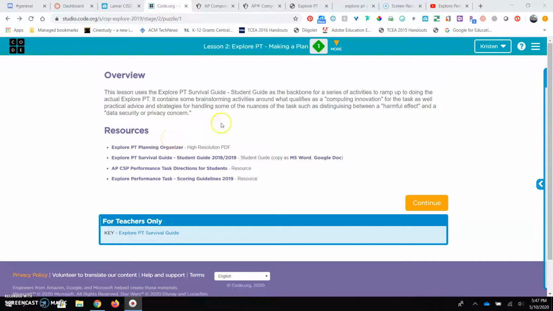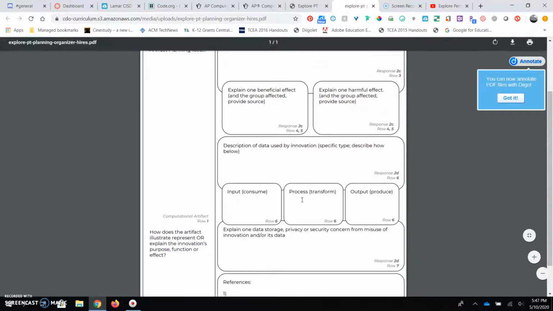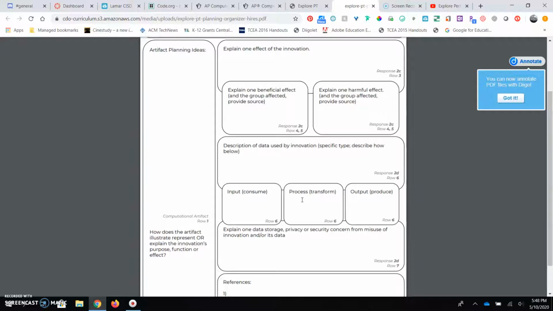All right, now let's move on to lesson 2. There's only one bubble in lesson 2. And the first thing you need to look at and do is this planning organizer. This is going to help you organize your thoughts, make sure that your computing innovation will be strong enough to get all of the necessary requirements,